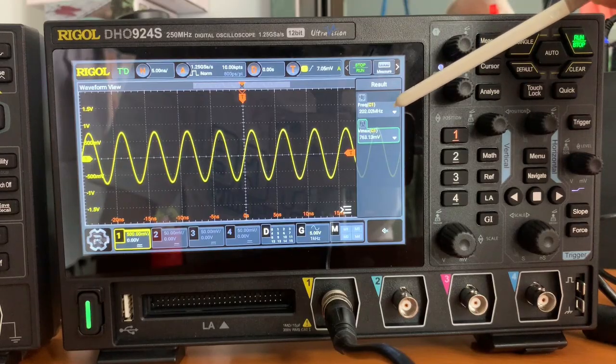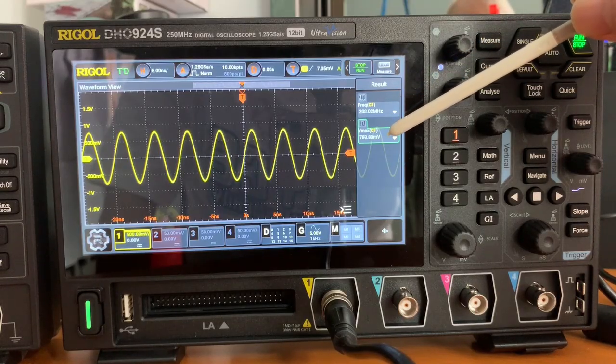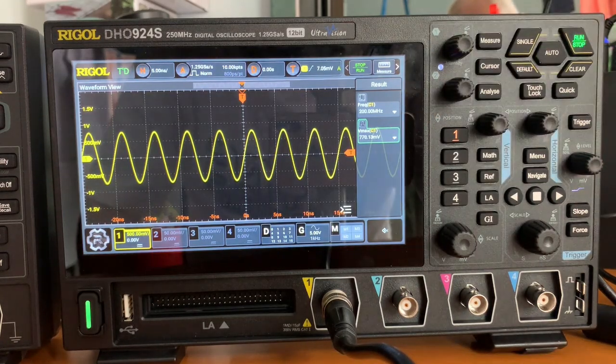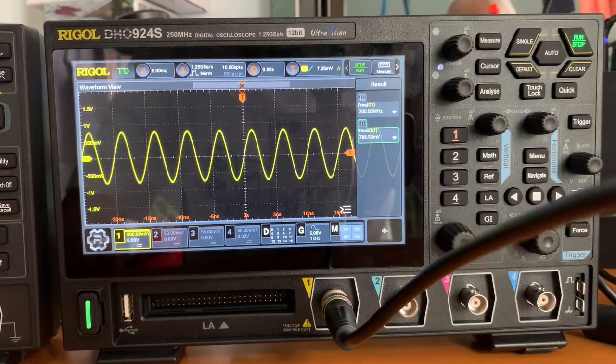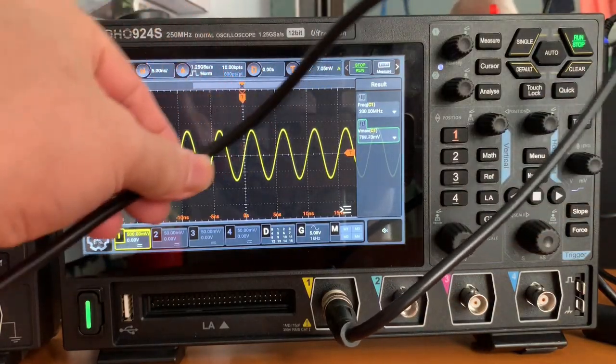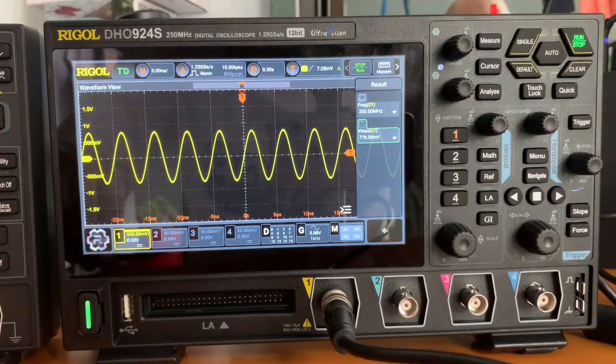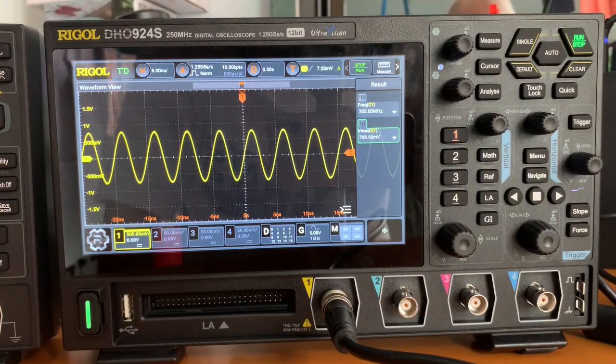That's correct. And then the amplitude is only 700 something millivolts. That's 0.7 something volts, much less than 1 volt. What is the reason? I guess it's because of this cable, which we used to connect the function generator and the oscilloscope.